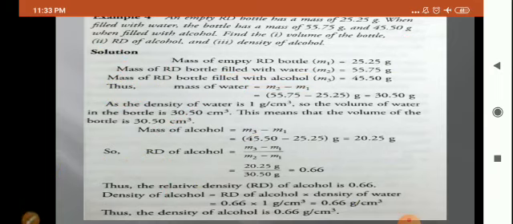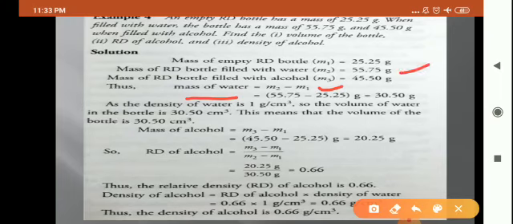Now, again the same thing as we have done in the previous activity. Suppose you need to find the mass of the water. So mass of the water is equal to M2 minus M1. What is the value of M2? 55.75. And what is the mass of the empty bottle? 25.25. So after subtracting, you get the mass of the water. M2 is the combined mass of the bottle plus water, and M1 is the individual mass of